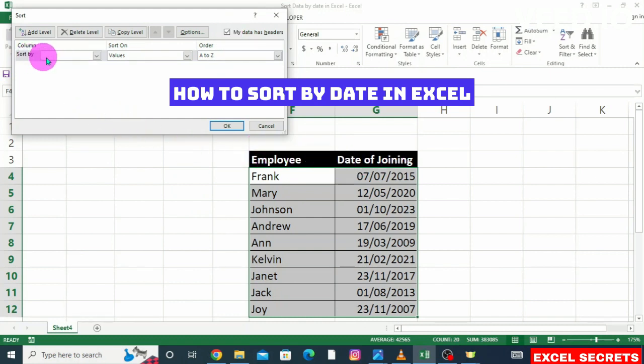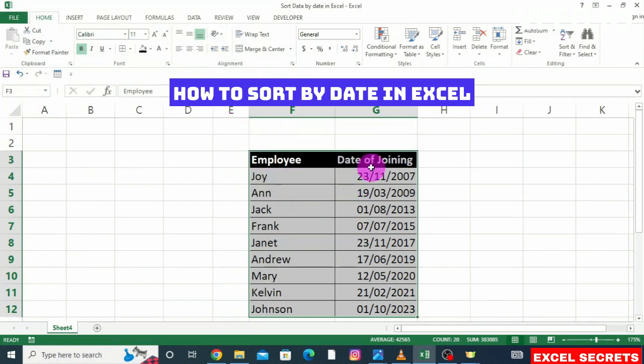And then go to sort by. So we are going to sort by date of joining, which has the dates, and then make sure this one has values, and then sort from oldest to newest. Then click OK. So you can see the oldest employee is Joy, who joined in 2007, and the newest is